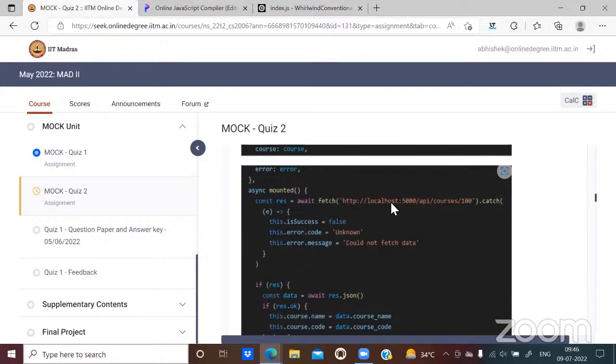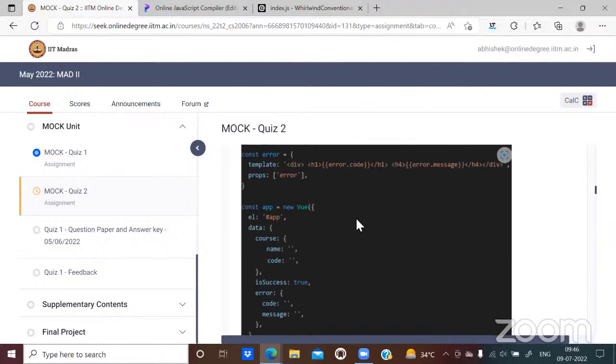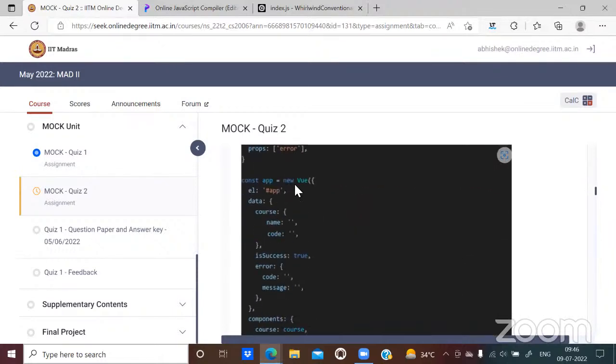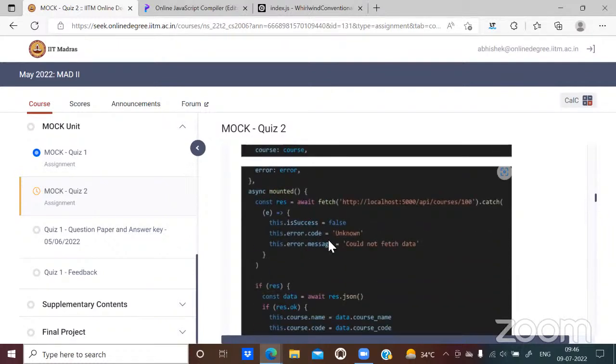So we know that this promise is going to be rejected because there is a network failure. So what will happen is we'll go inside the body of this catch. That means the control will go inside, and there is some variable called isSuccess in the view, and it is going to change it to false. So in view, there is a variable called isSuccess, which is by default initialized with true. But what we are doing right now is, after that promise has been rejected, we are making it false.